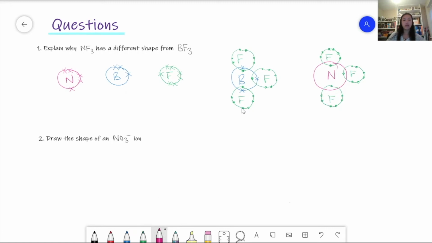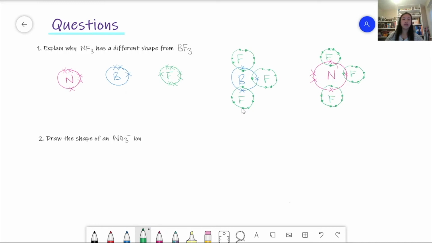And then for the nitrogen, we have the 3 which are shared with each fluorine, and then we have 2 left. So that means that they have different shapes, because this one